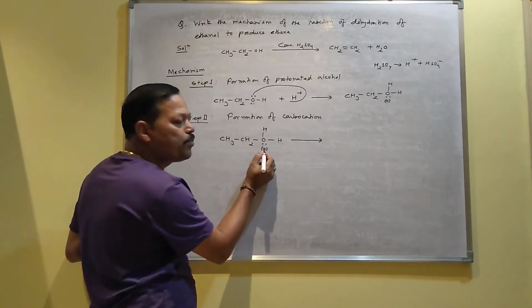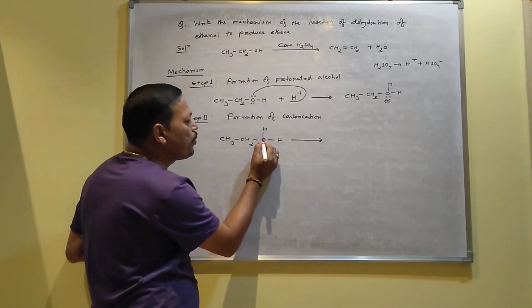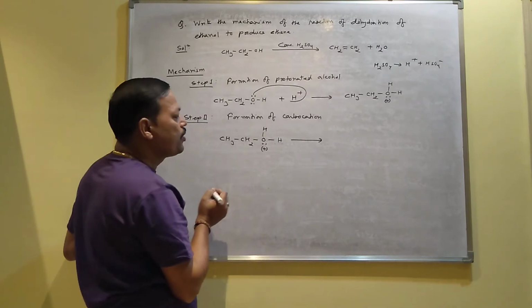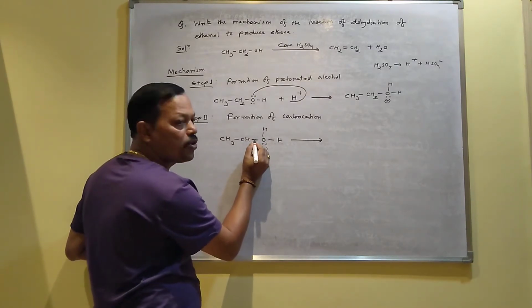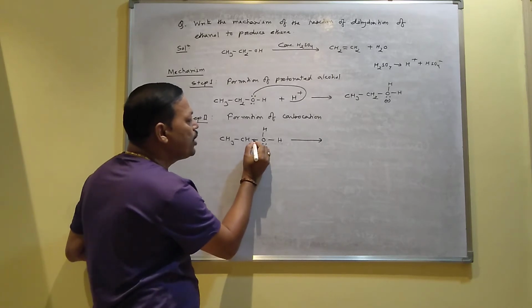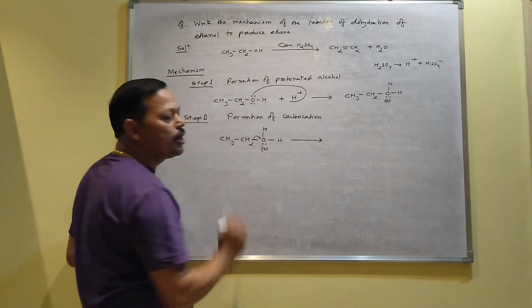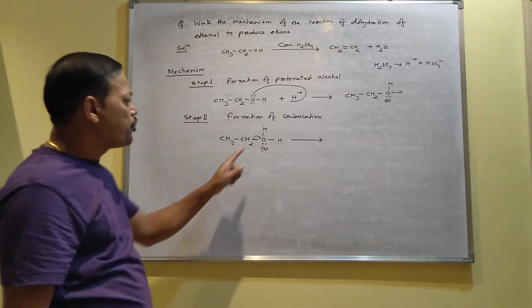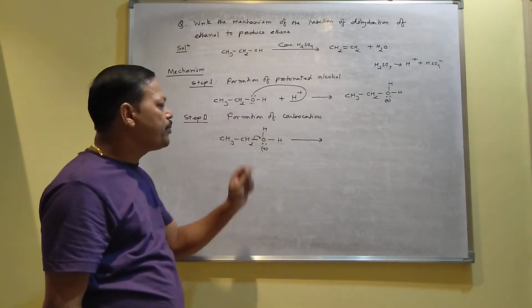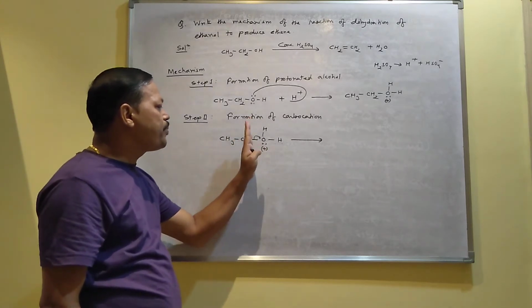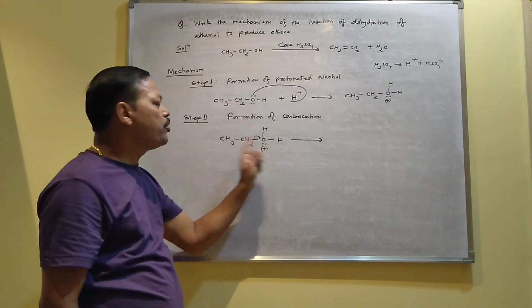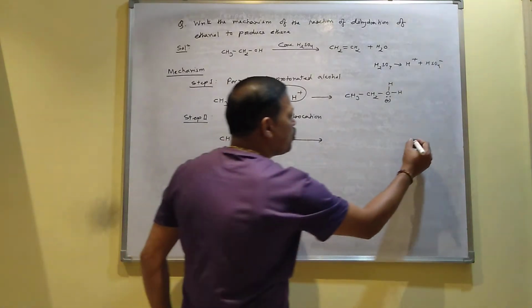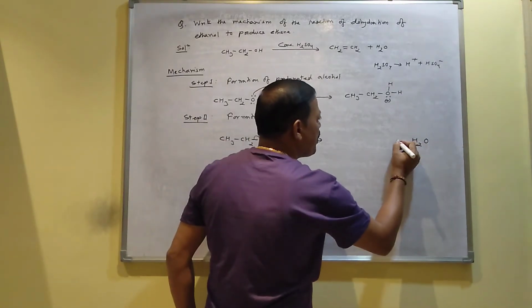And to neutralize the positive charge, you have to give 1 lone pair of electrons to this oxygen atom. So to make it neutral, since this bond contains 2 electrons, these 2 electrons will come towards oxygen and the bond will break. So inside oxygen there are now 2 lone pairs, then oxygen becomes neutral, and since the bond is broken, this molecule will come out, and this is nothing but a water molecule, H2O. So in this way, water is released from the compound.